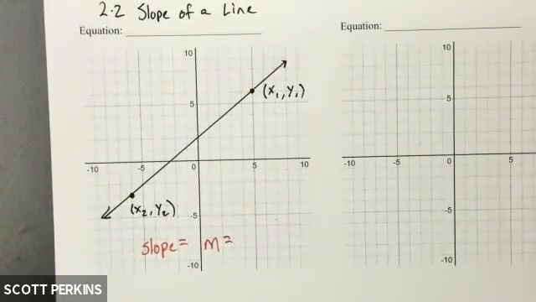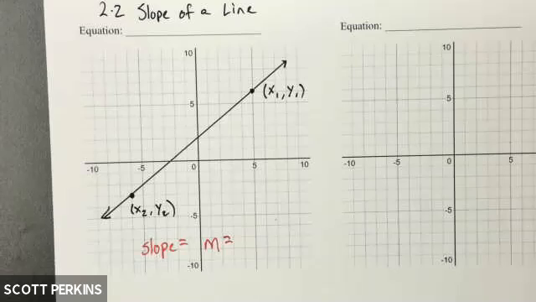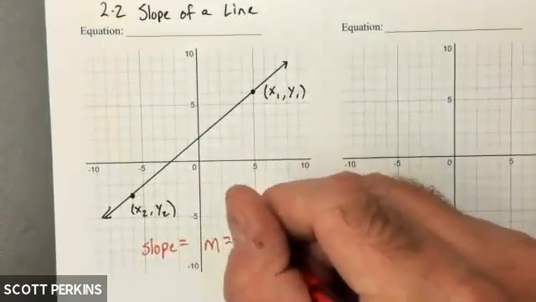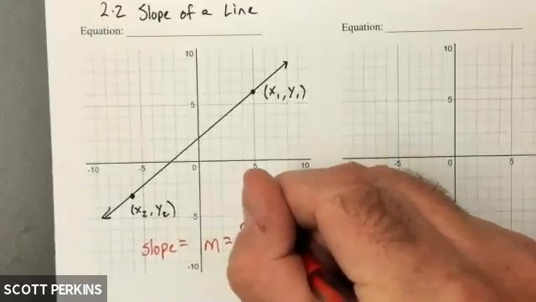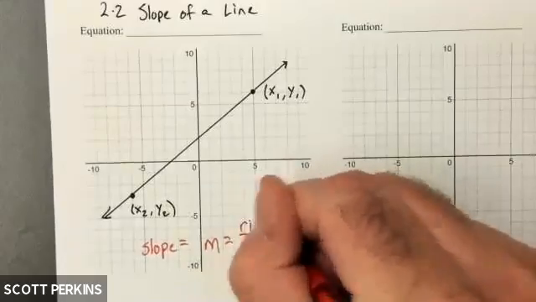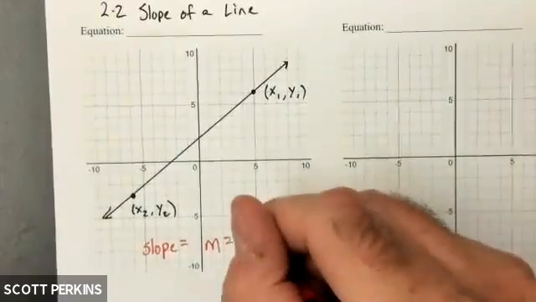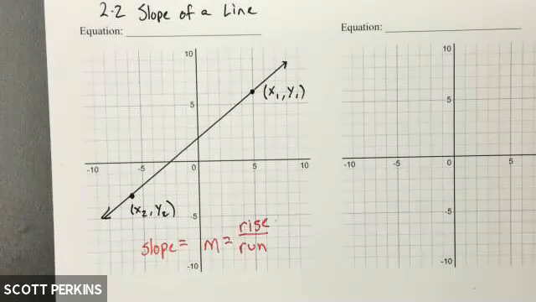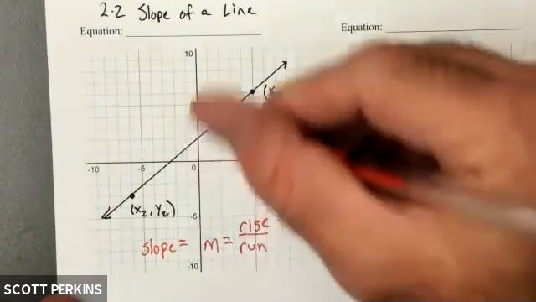Well, let me ask you, because you've probably seen it. Does anyone remember the ratio of the two things that the slope is? It's something over something. Anybody remember? It's okay if you don't. Yes! I love it. So the slope, in case you didn't know, is defined to be the ratio of how fast the line rises versus how fast the line is running. What is the relationship between those two things? So our rise